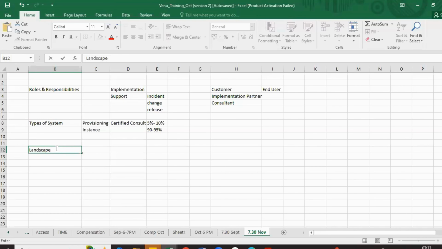SuccessFactors recommends having three systems. We call it three-tier architecture. So the first one is dev, quality or test. You can call it either quality or test, and then the production system. These are the three systems that SuccessFactors recommends for every customer. When you take a license of SuccessFactors, you will get these three instances, these three systems: dev, quality,